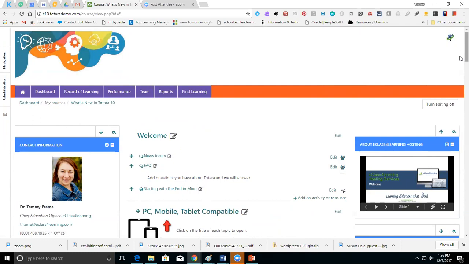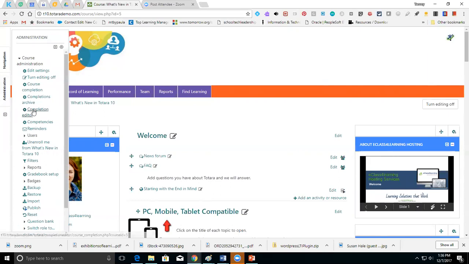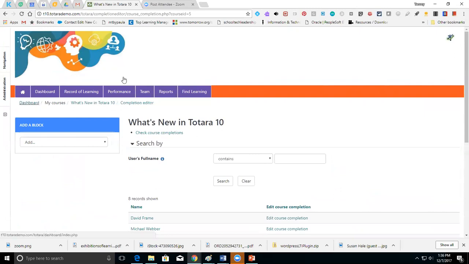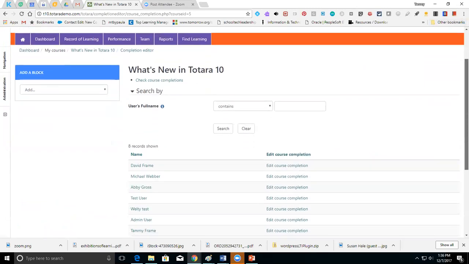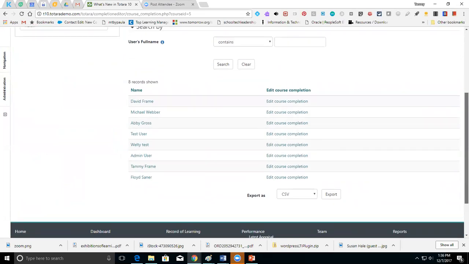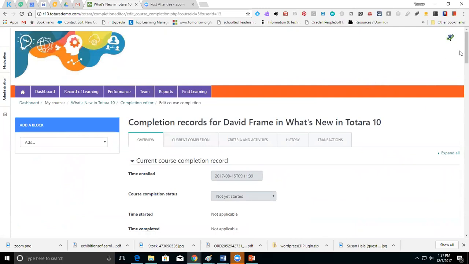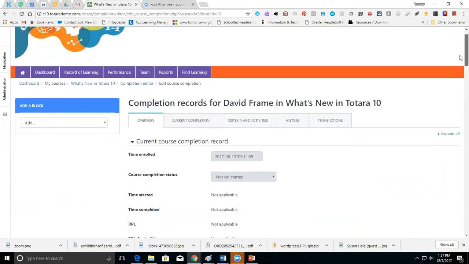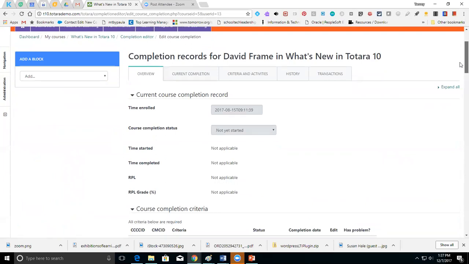All right. Another big improvement is what's called the course completion editor. Completion editor now appears in the course admin settings. And this can be very helpful to instructors for several reasons. So let's say I want to go to David Frame and look at different things about his course completion. It can tell me the time enrolled and what his completion status is, and he hasn't started,